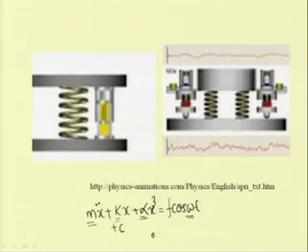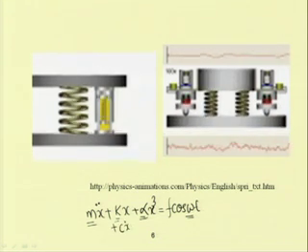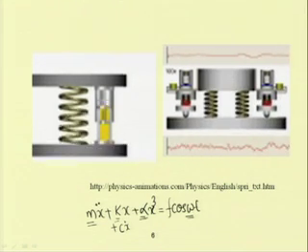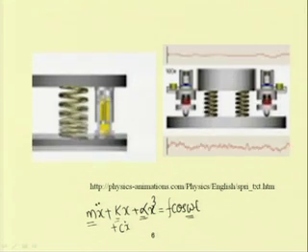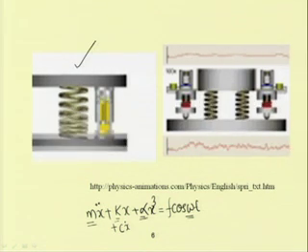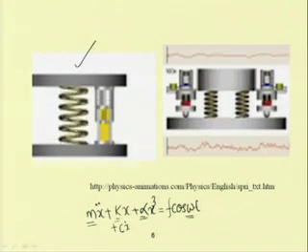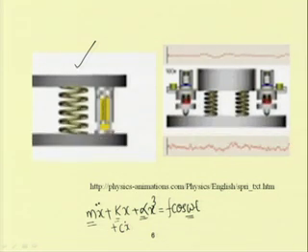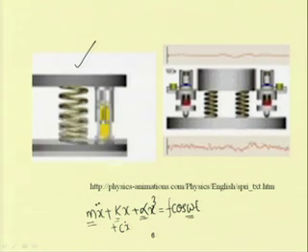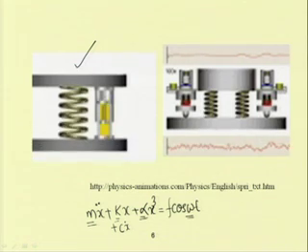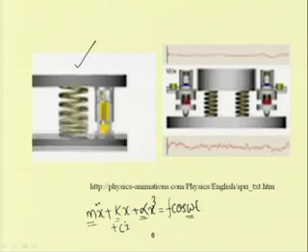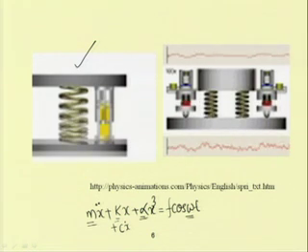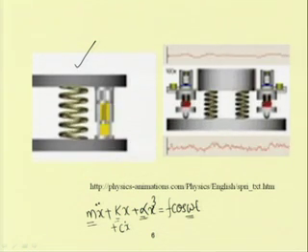We can add damping to the system also. By adding damping, on the left hand side I can add a C x dot term. In this way we can write the equation of motion for this simple spring mass damper system. Similarly, when a number of springs or dampers are added to the system, we can write the equivalent stiffness and equivalent damping, and taking the nonlinearity effects into account we can write the equation of motion.